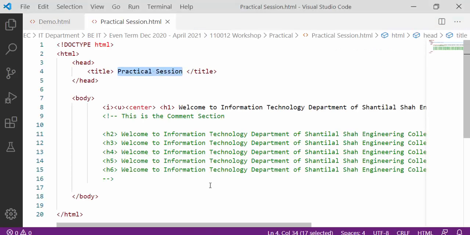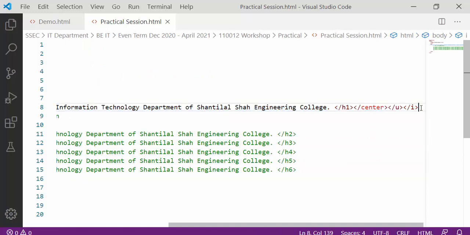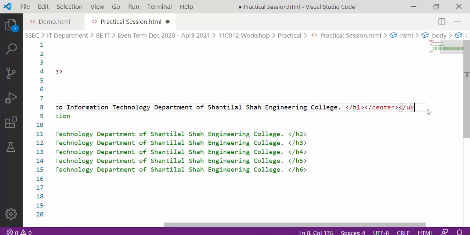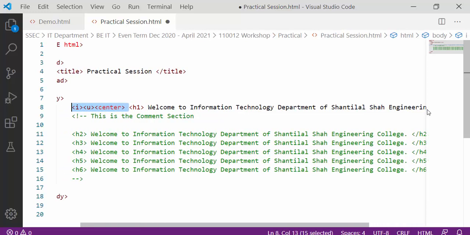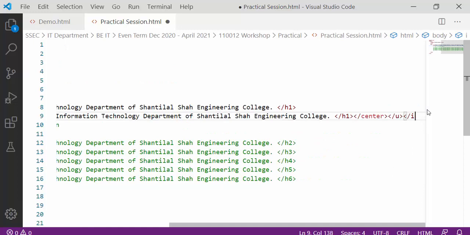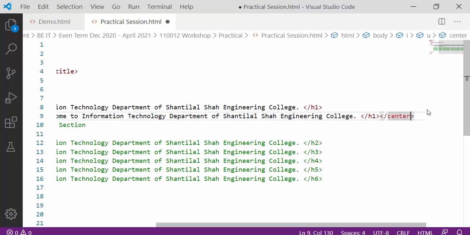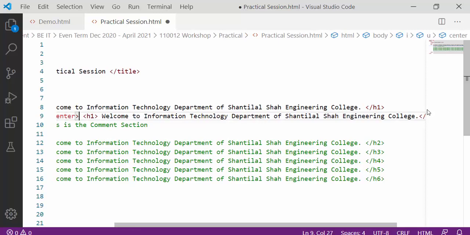Okay, so these are the basic tags. Here you can also define these tags differently if you want to. Say, for example, I want to just put the h1 tag here, and I will take the h1 tag again. Then I just want to use the center tag, that will be the center tag.